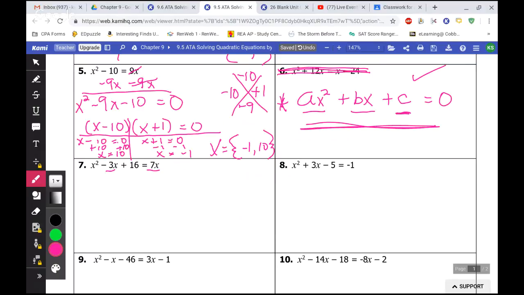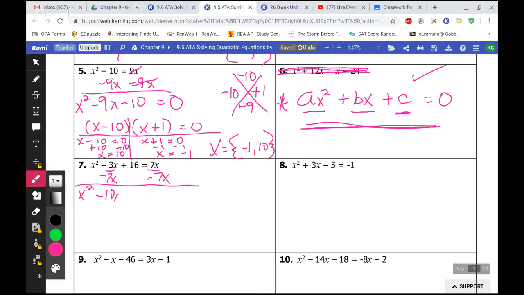So in order to combine these two terms, I have to do the inverse operation of the operation on this 7x, which is a positive. So I'm going to subtract 7x from both sides. So now I have x squared